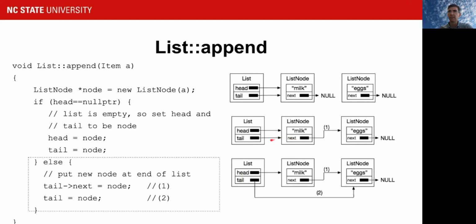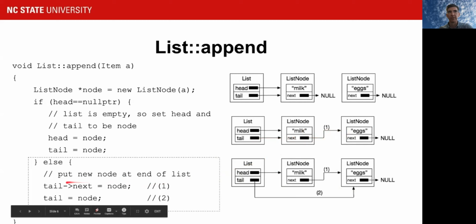And so I say tail next, right? So tail, I follow the pointer to next, and I set tail next equal to node. And so that's going to draw this arrow from the next field to this new list node I just created. So this line of code here, tail next equals node, establishes this line. Okay, and then the next thing I need to do is set tail to point to the new tail, which is eggs. And so I just say tail equals node. And that updates this pointer in my list object to point to the new thing at the end of my